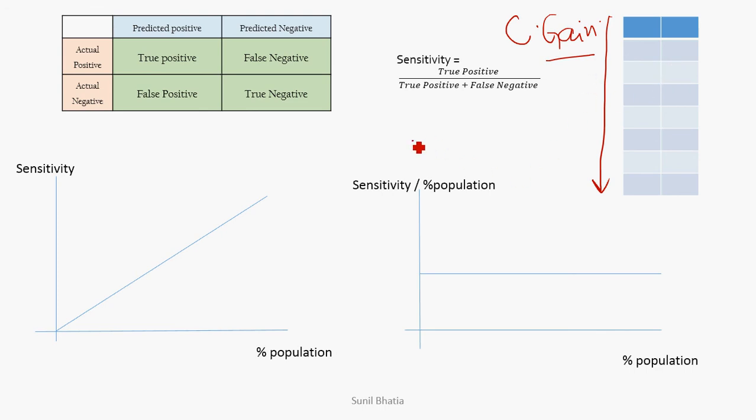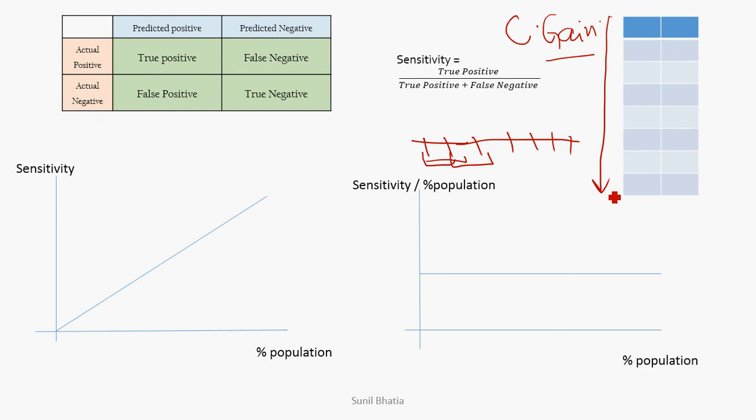We divide the data into deciles, that is, every 10 percentile of data, and then we find for which decile or group we have predicted extremely well, and then we plot these deciles